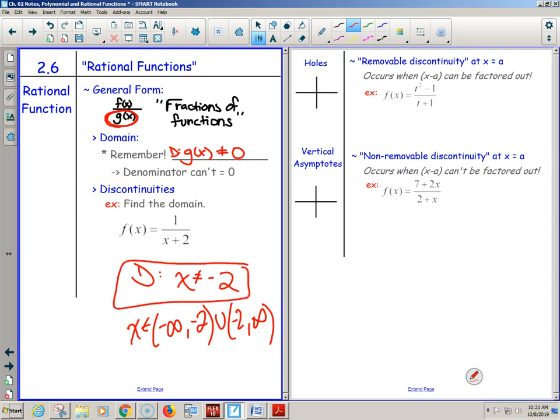Good. So all of our rational functions, as long as the bottom can be 0, it's not one of those imaginary 0 things, then we're going to have domain restrictions that we have to keep an eye on. You guys wouldn't mind showing yourself a quick note? These will be